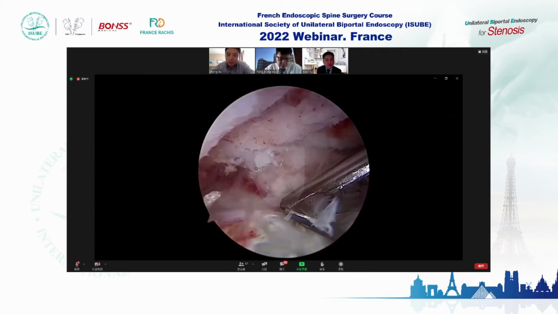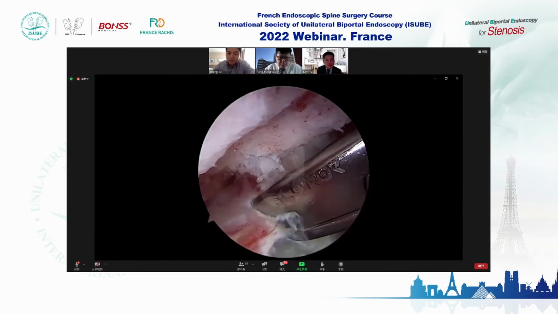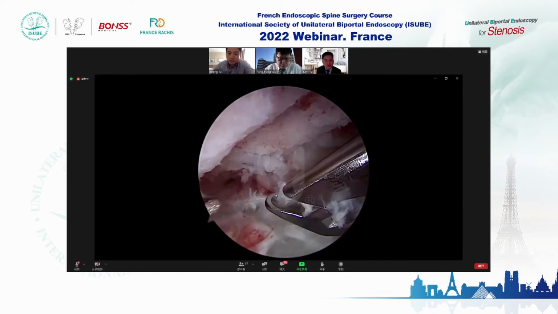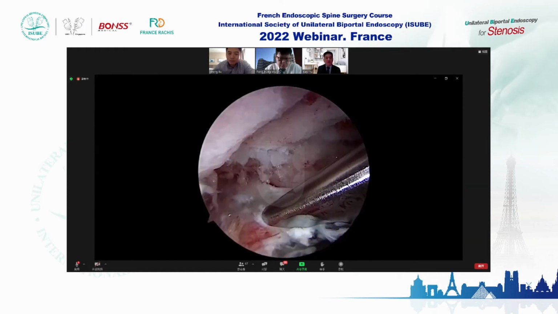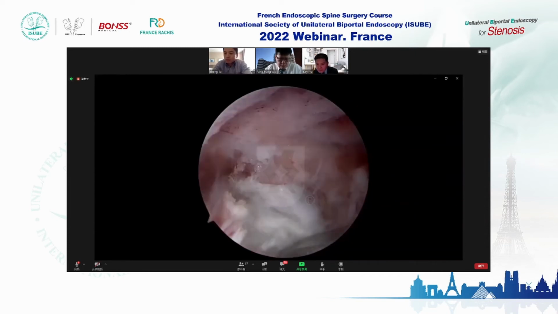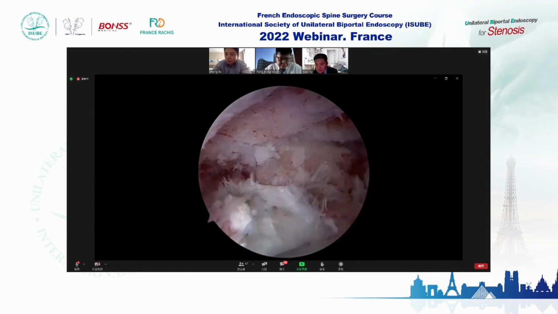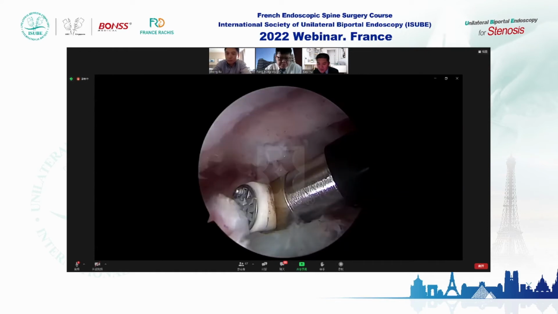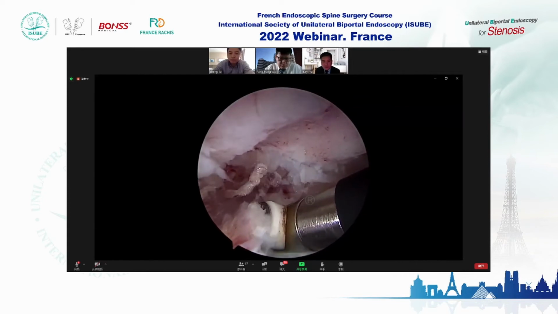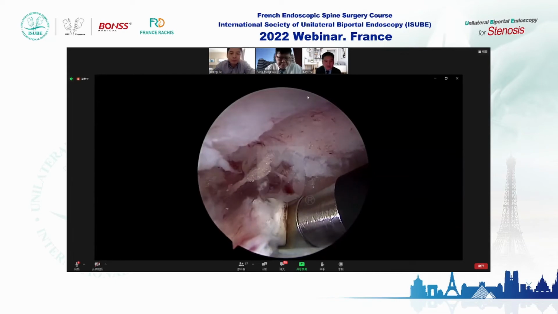Yeah, I will probe this area and open the membrane. I want to see if there is another fragment. I think I will finish the procedure. Yeah. There is nothing there in this area. Maybe I have removed the disc fragment totally. Okay. Okay, thank you everyone. I will finish the operation. Okay. Great job. Thank you, thank you.